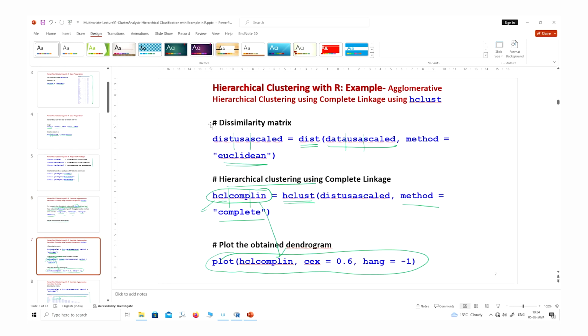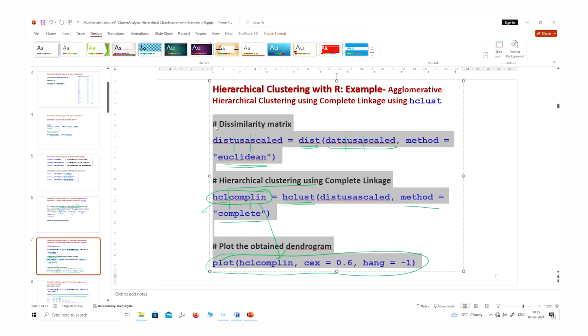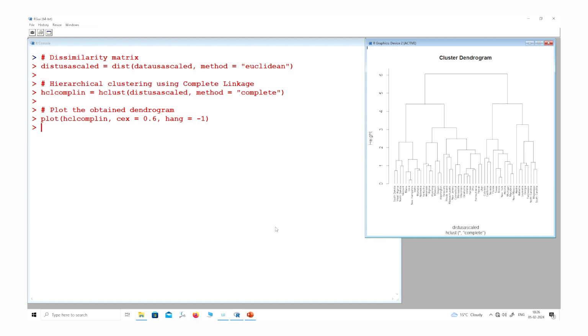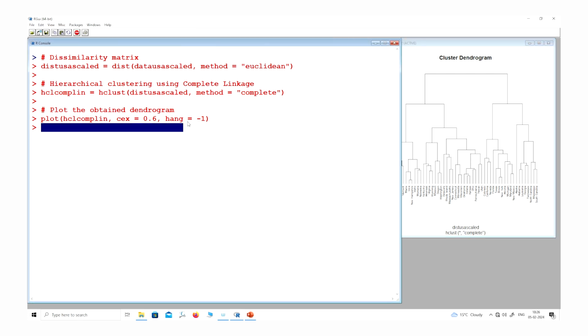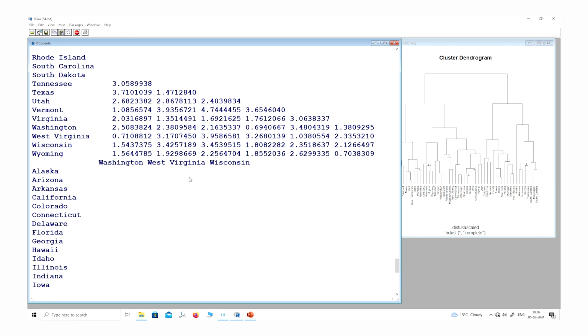Now I create the dissimilarity matrix, the hierarchical clustering, and plot the dendrogram. If you use this command in R, it looks like this. This is the dendrogram you have obtained. If you look at the data USA scaled matrix, you can see it is a long data set.